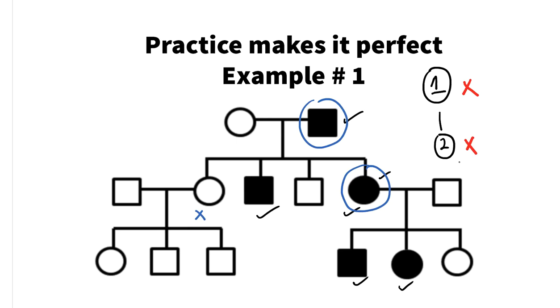Right? Now let us move on to the next rule, rule number 3. What is rule number 3? Rule number 3 is for mitochondrial inheritance, which says that from an affected mother, all children will be affected, whether it's a male or a female. Now let's go back to the pedigree. You can see here there is an affected mother, but only two of her kids are affected. Can you see that? The third kid is not affected. So it is not a mitochondrial pedigree also.